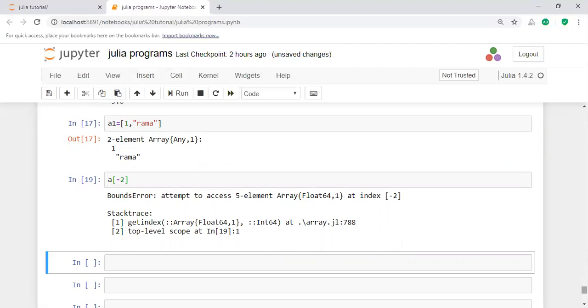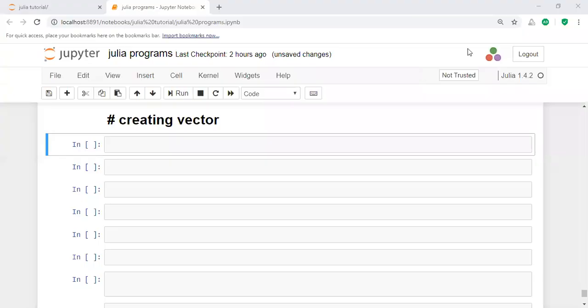Another important thing for the array is, if you take integer values, how can you create a vector? How can you represent the array here? For example, a equal to, in single brackets, 1 comma 2 comma 3.